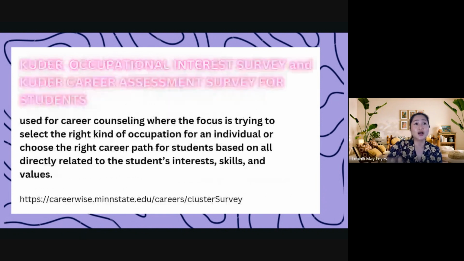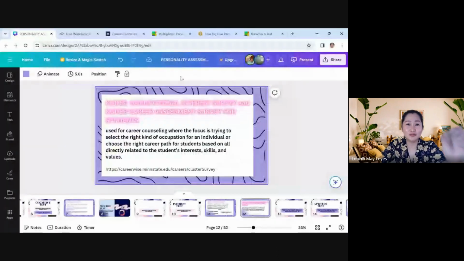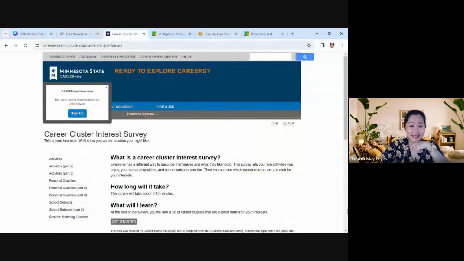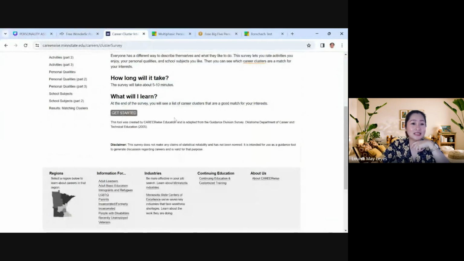Okay? So, another interest test is the CUDER Occupational Interest Survey. So together, we will answer the CUDER test or the cluster survey. Medyo, ang CUDER naman, tingin ko medyo mahaba itong test. But, let's,